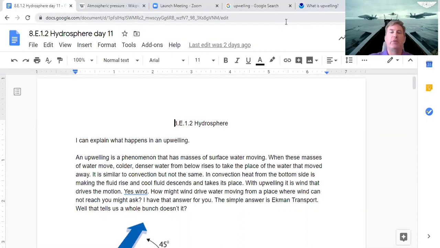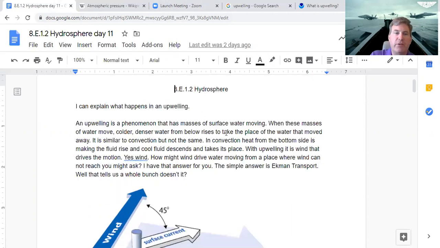Anyway, so today we're talking still 8.E.1, talking about the hydrosphere. Now, the next thing we're going to be talking about is I can explain what happens in an upwelling. Well, first thing we got to do is define what an upwelling is. An upwelling is a phenomenon that has masses of surface water moving. When these masses of water move, colder, denser water from below rises to take the place of the water that